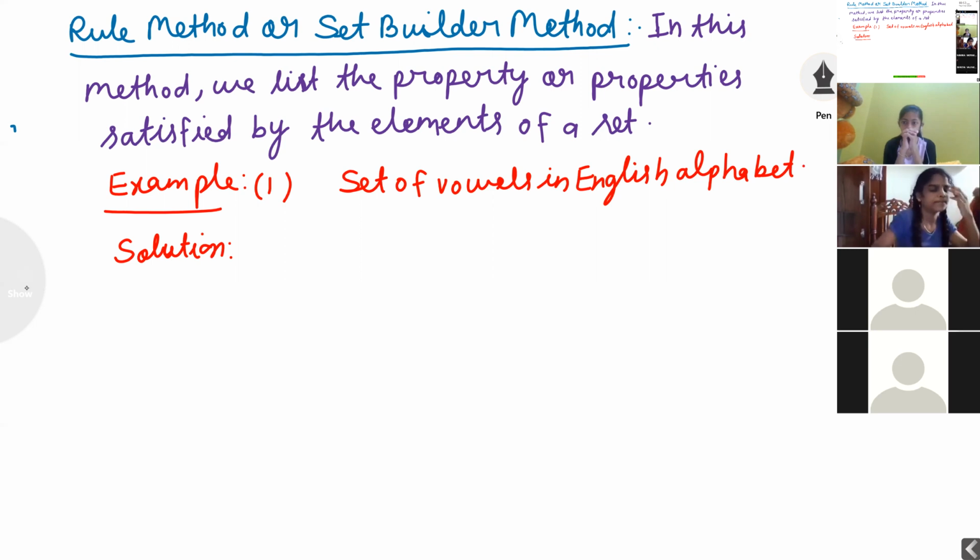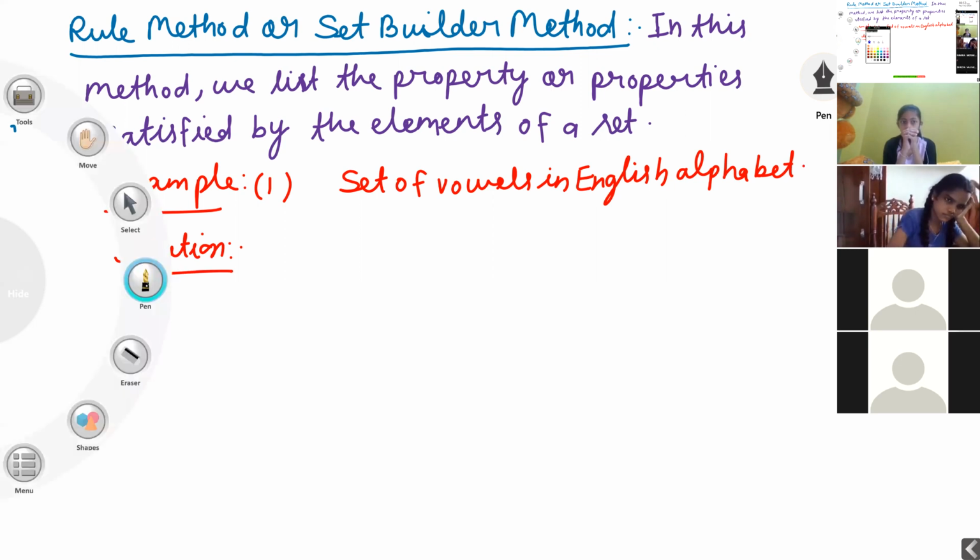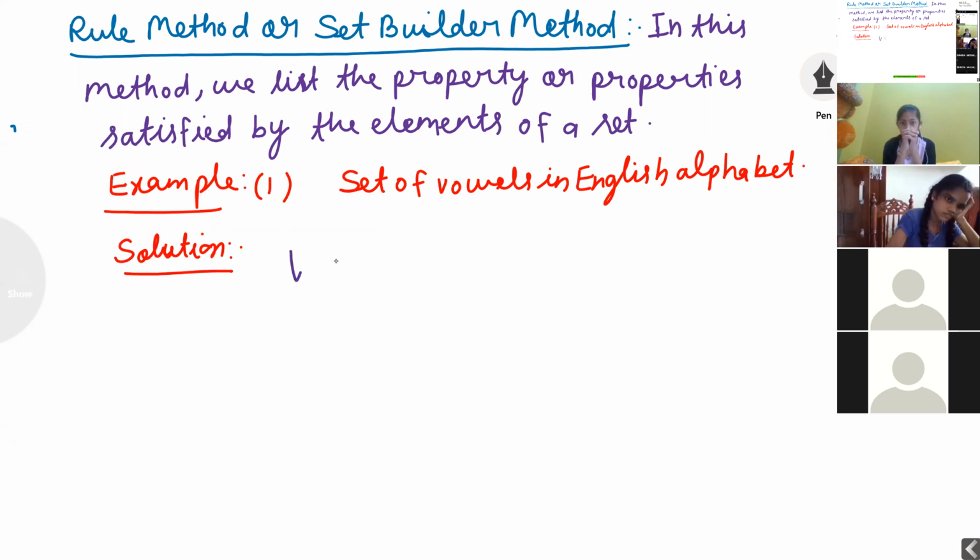Vowels symbol is V. Capital V is equal to curly bracket x divided by x, or x colon x. We can use both, x divided by x or x colon x. This we will use always. Got it?